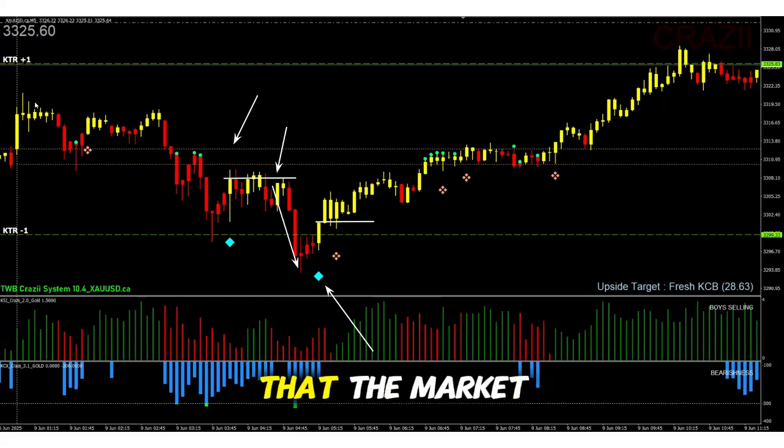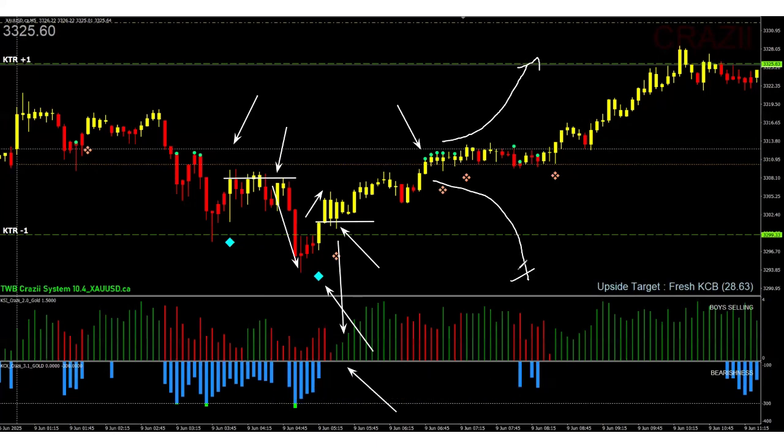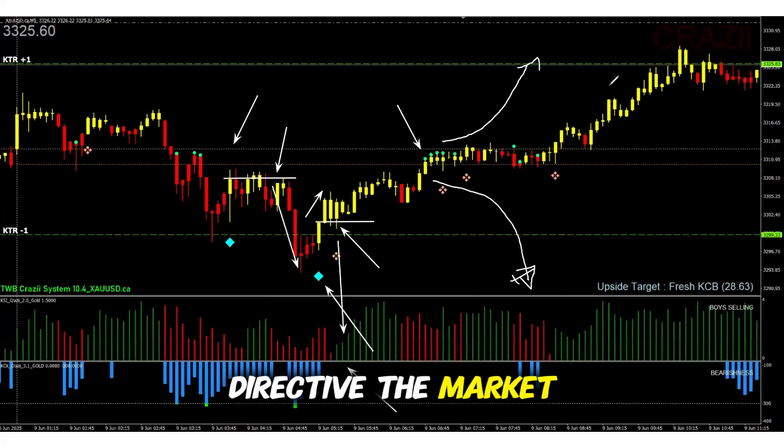Do you notice that the market actually goes up first, pulls back and touches the white line? And that is a very important buy signal because the market triggers with price action, combined with KSI and KCX all in your favor. So that is how you must differentiate. Okay, then after that, the market triggered the MA. So with MA involved, that means the market can go this way or choose to go this way, right? So there are two directions the market can go.